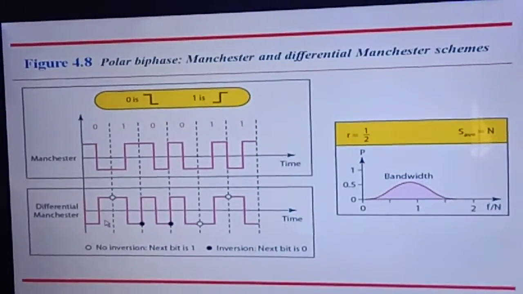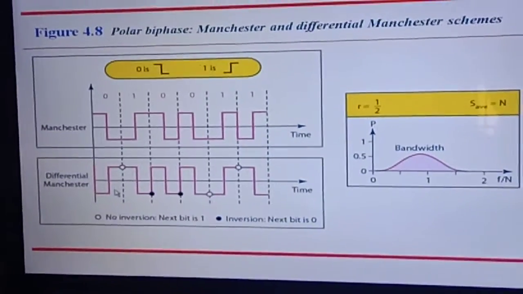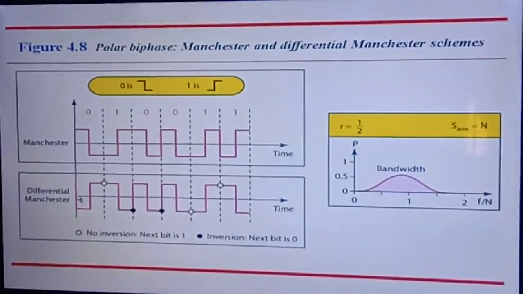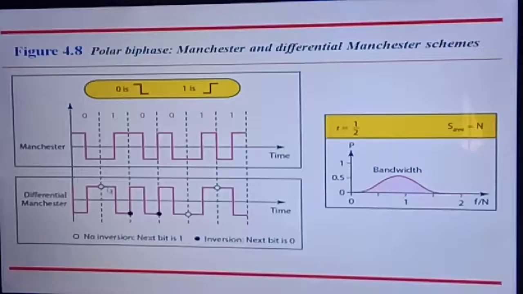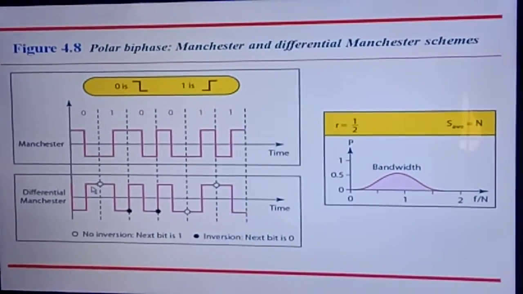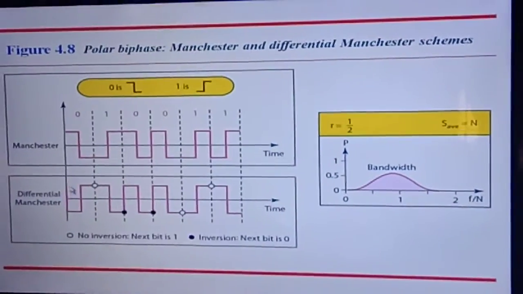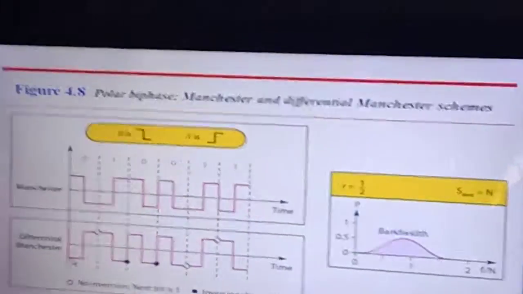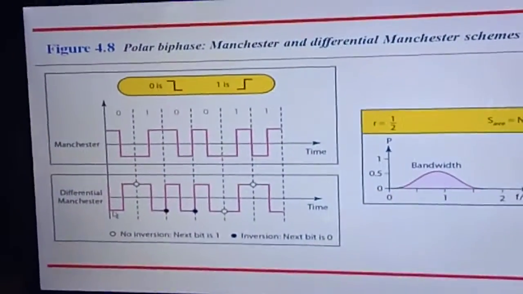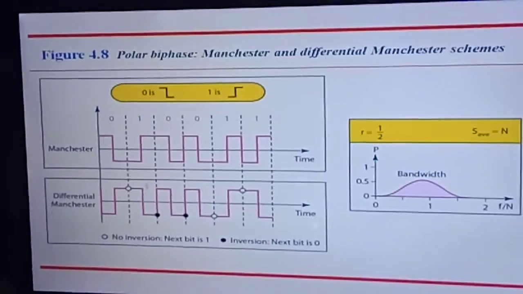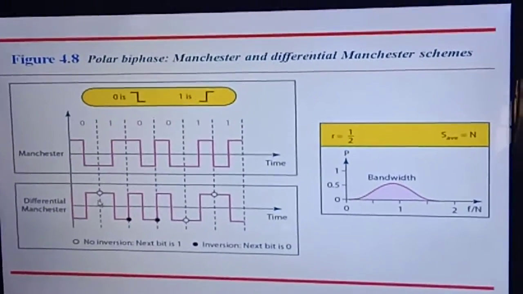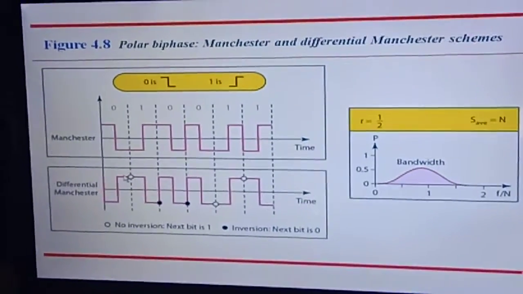And we come to differential Manchester encoding. Here inversion should exist. If there is a change in the bit signal, then there is an inversion. The initial one is the same; we start here similar to 0, and then there is inversion to that. So in differential Manchester encoding, what is different from the other two is that when the bit value is 0, there is no signal change.